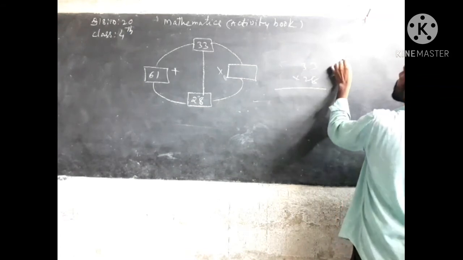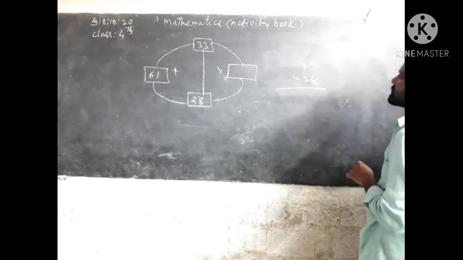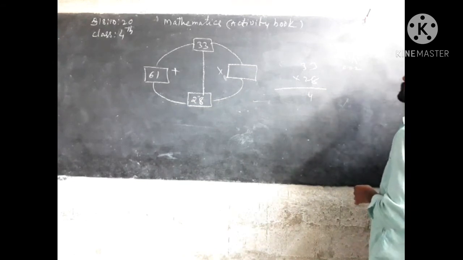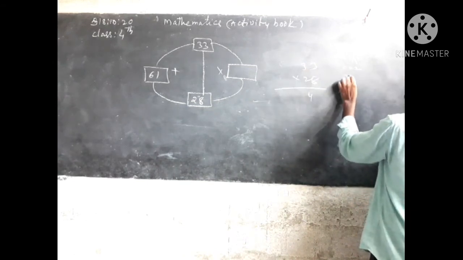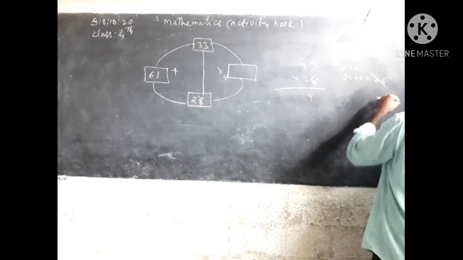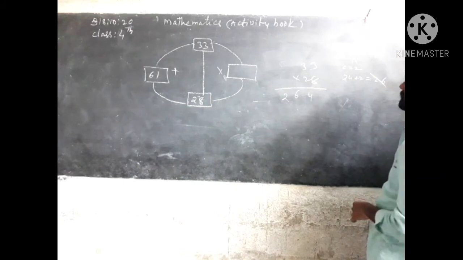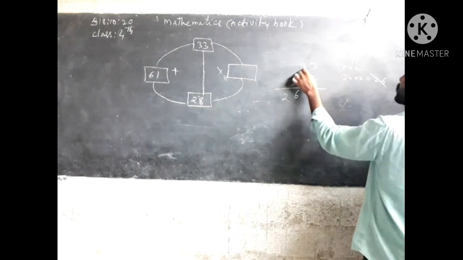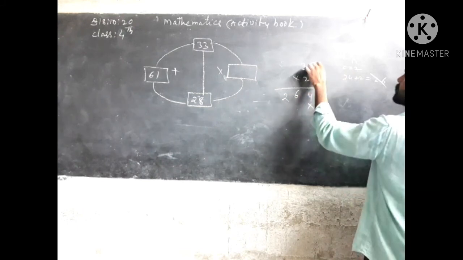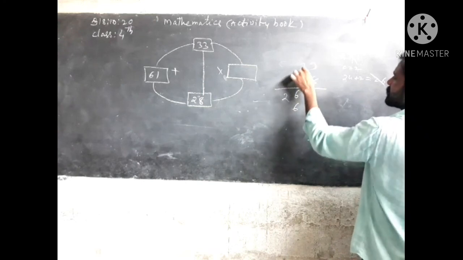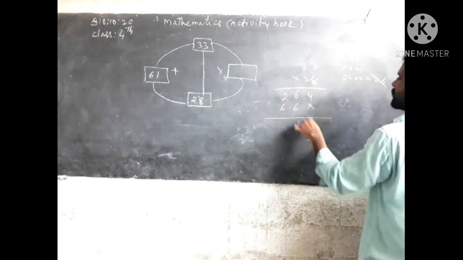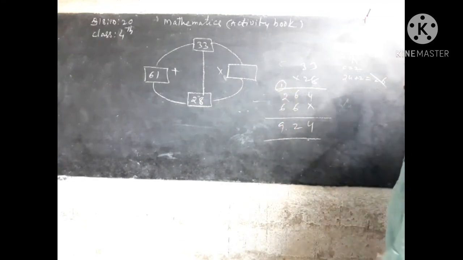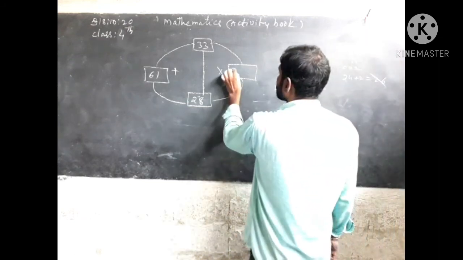8 3s are 24, 4 taking, carrying 2. 8 3s are 24, 24 plus 2, 26. 1 space, cut it. 2 3s are 6. Here 4, 6 plus 6, 12, 2 taking, 1 carrying, 6 plus 2, 8, 9. 924.